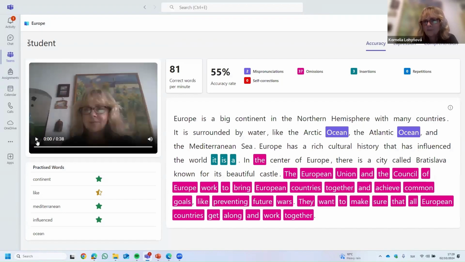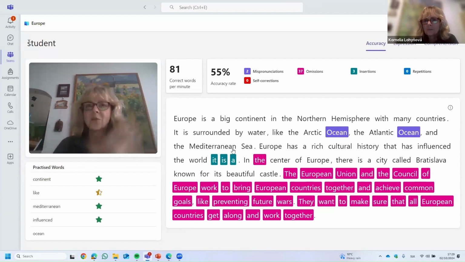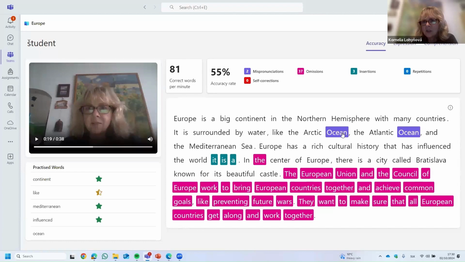So today, it looks like this. As a student, I saw my task, and then I began to read. It was about Europe. So I was reading: Europe is a big continent in the northern hemisphere. And I made mistakes. It is surrounded by water, like the Arctic Ocean, and so on. So I did this, and I can see the mispronunciation,